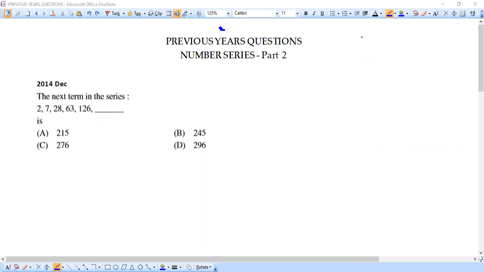That was part 1. As a continuation, here again, we are going to solve another set of problems from the same topic, number series, because we have more questions asked in the previous years. And remember, we are solving problems right from the year 2009 question paper. Yesterday, in the previous session, we completed 4 questions.